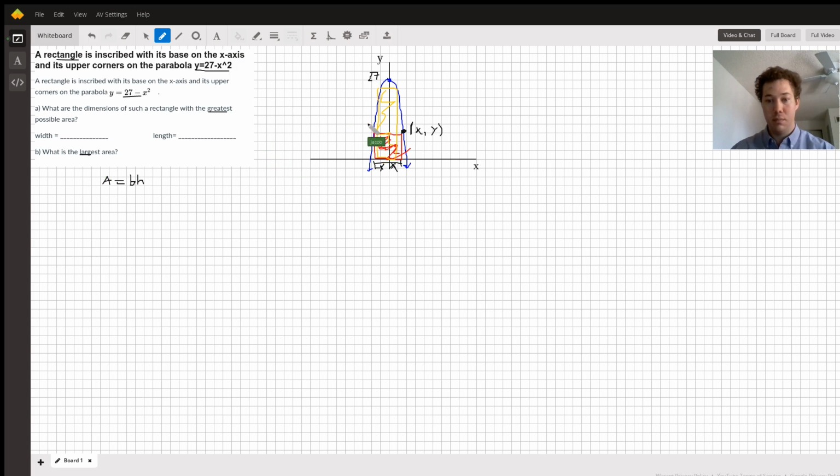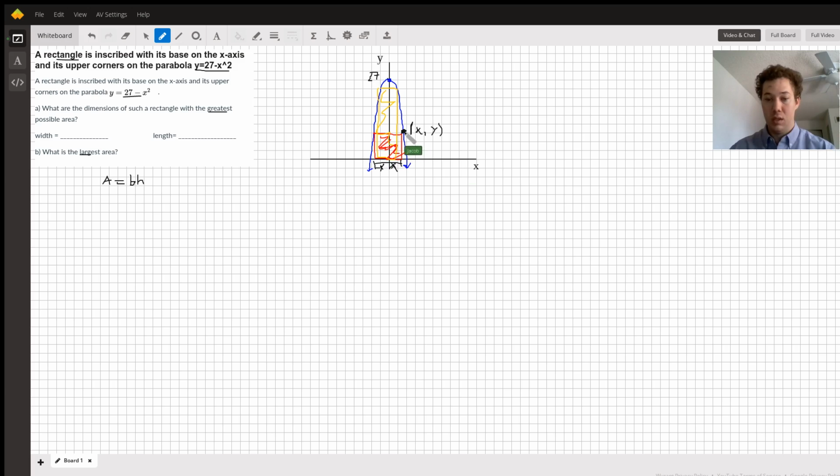So first step that I would do is go ahead and draw the parabola. We know the parabola has a vertex at 27 and the parabola faces downward because of the negative in front of the x squared. So we have an infinite number of ways to draw rectangles that are inscribed in this parabola with a base on the x-axis and corners on the parabola itself. So which one gives us the